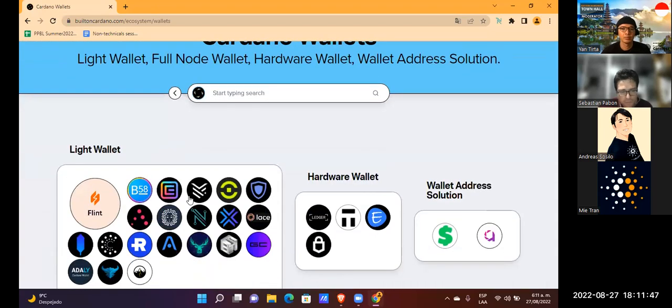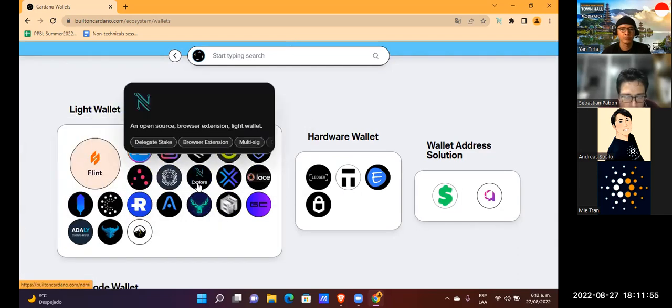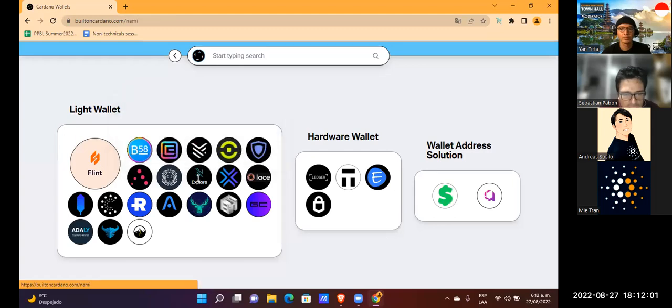So we're going to start by downloading one of the most famous wallet extensions in the ecosystem.